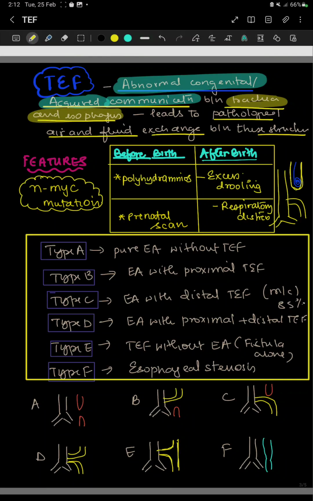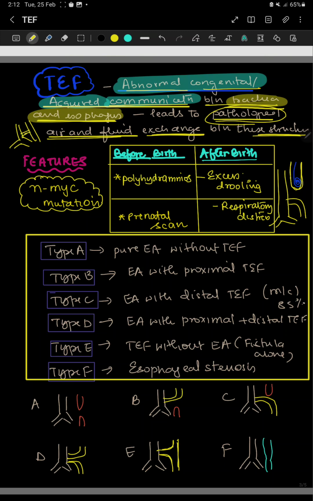Discussion is TEF. TEF is nothing but tracheo-esophageal fistula. So what is TEF? It is an abnormal congenital or acquired communication which is occurring between the trachea and the esophagus, and this can lead to pathological air fluid exchange between the two structures. So if for example this is the trachea, and this is the esophagus, so there is some